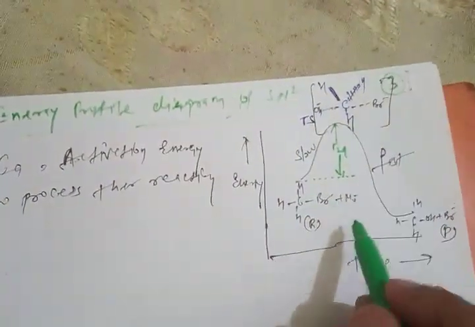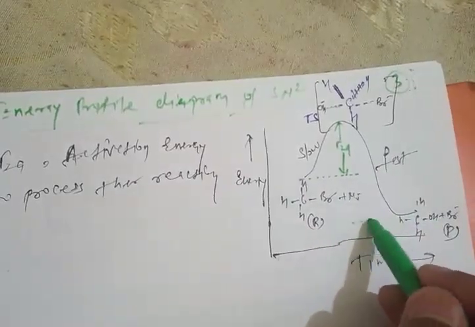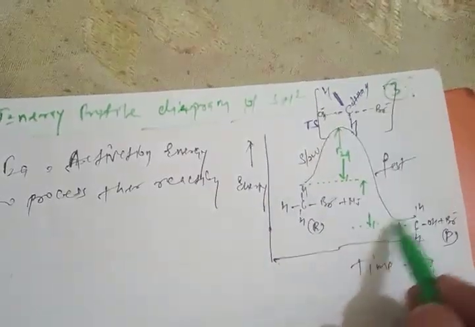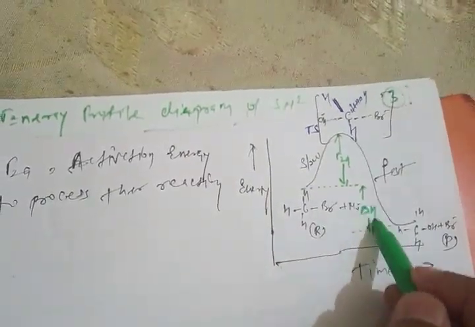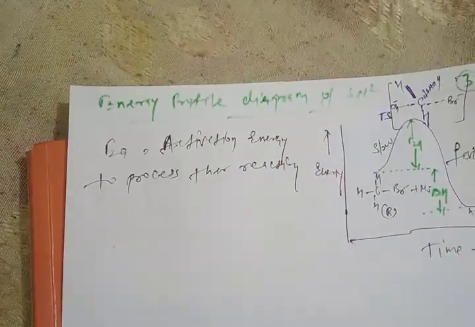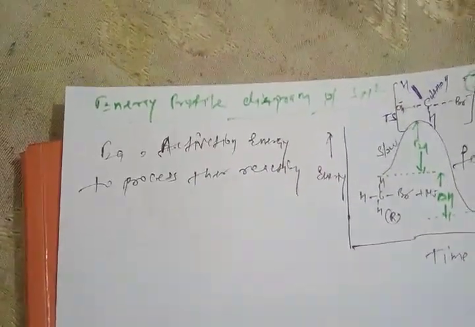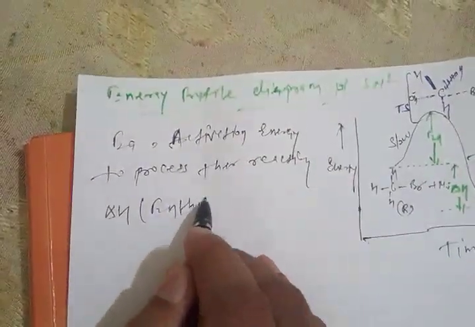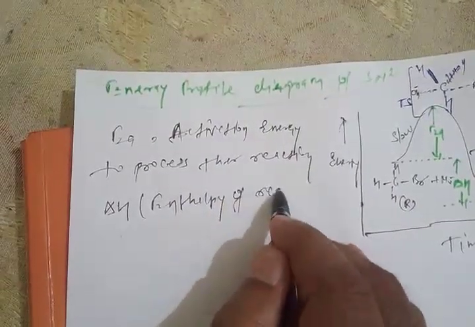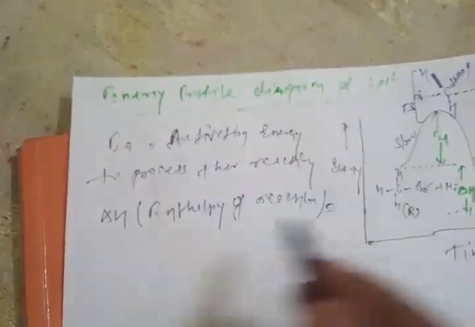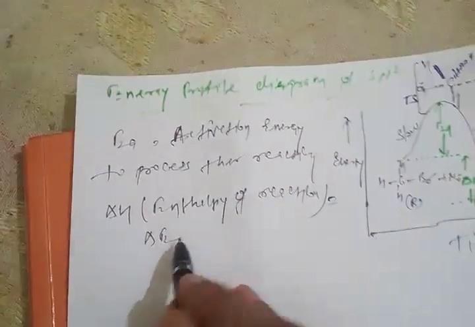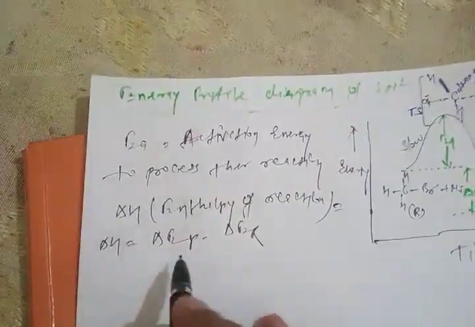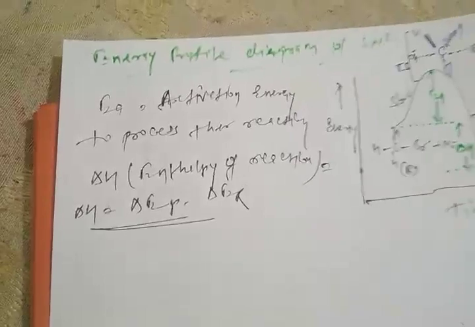So next we have energy. So energy here difference is what, this is the energy of reactant, this is the energy of product. So the resultant is del H. Del H is the difference in energy of reactant and product. Del H, enthalpy of reaction. So this is del E of product and del E of reactant. So this is the enthalpy.